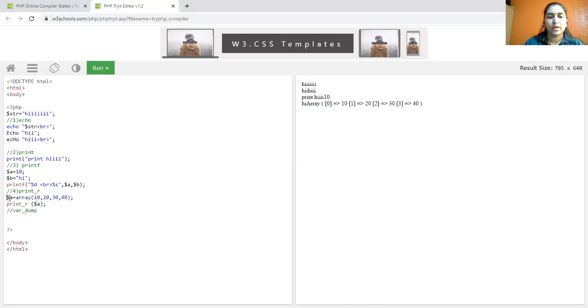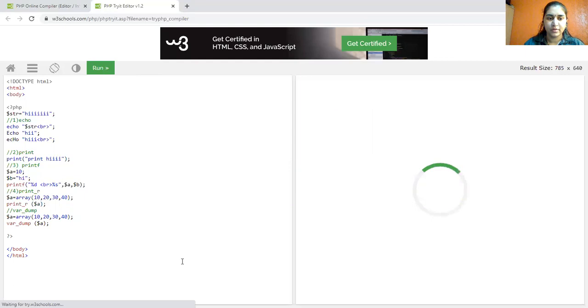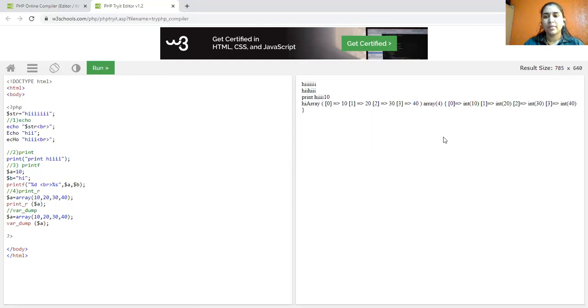I'm going to write the same output by using var_dump. Now see what the output would be. Human readable means what?